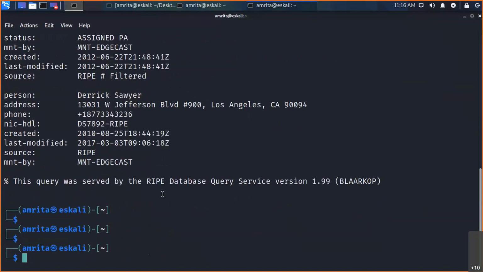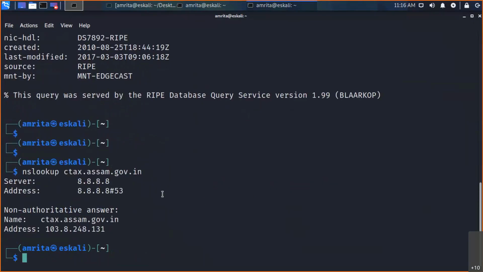Example.com is a US domain. If I want to see a domain from our India side, that we can also do. For that, I'm taking one site from the Assam government. Sir, it's just for information purposes. We are not penetrating or doing any harm to them. We are just gathering data which is available on the internet. We are not using any professional tools, just the open source Kali Linux tools.